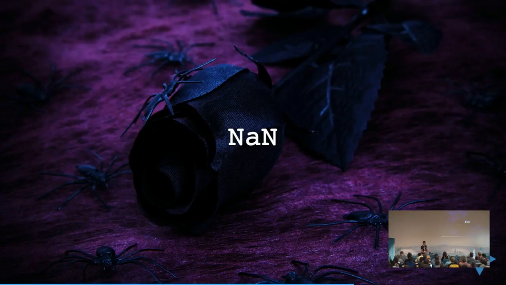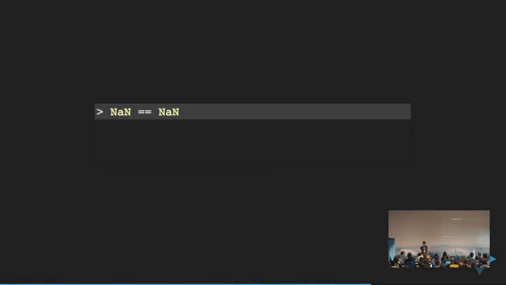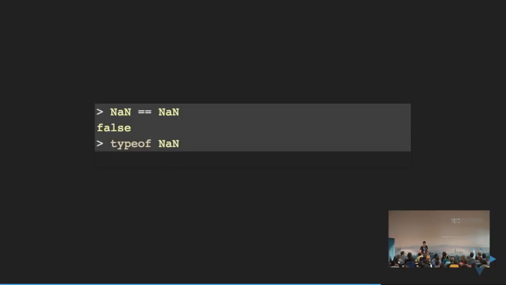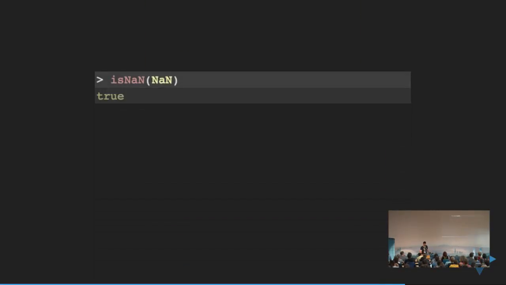So to end, I have NaN. We all love NaN. NaN stands for not a number. We know that not a number is actually not a number, so it's not equal to itself. And if we check what type NaN is, it's a number. And so if you're confused, you can just use the isNaN method, which is going to return true for